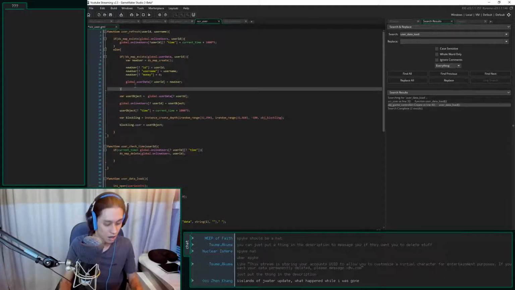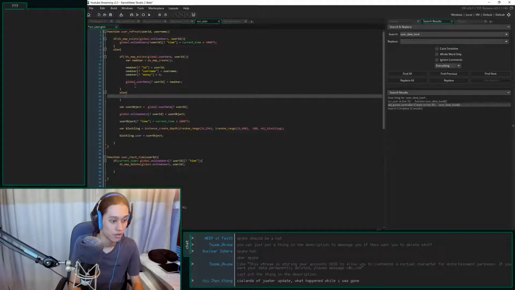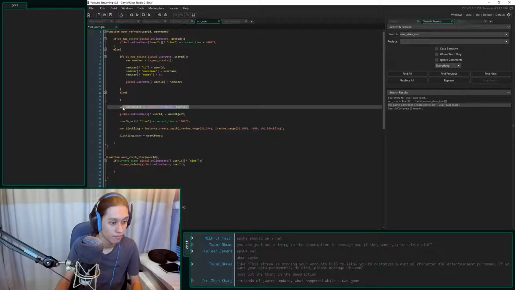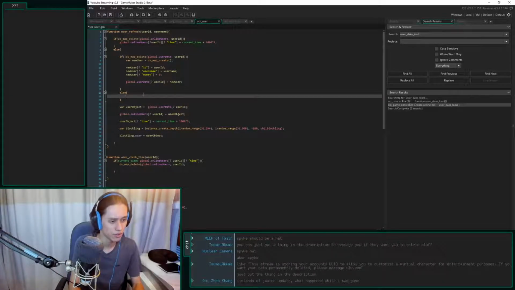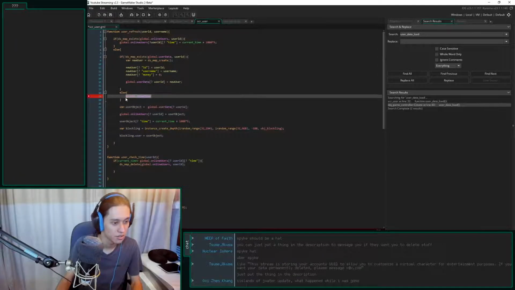I do want you to update the username whenever a message is refreshed. Else we'll just do global dot. I guess I have to copy this. User ID, username equals username. So we update the username as well every time you send a message.